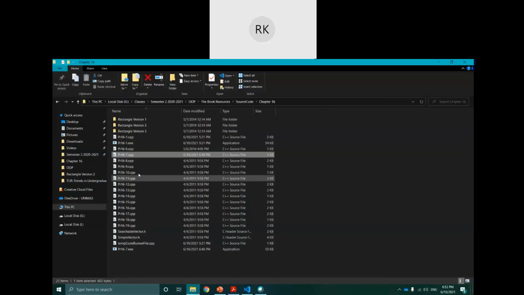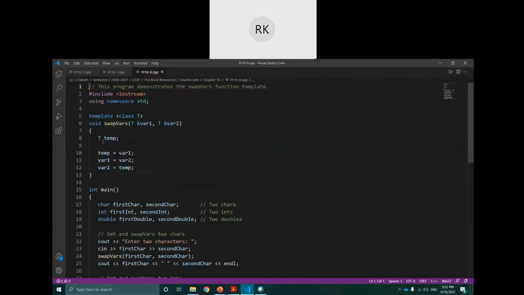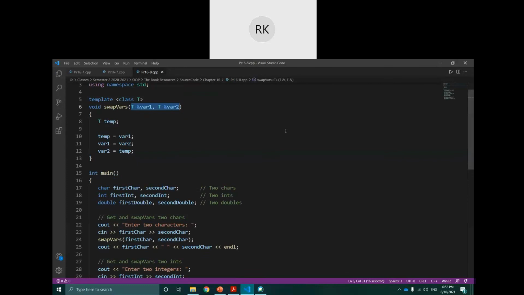Otherwise, if you want to see, we can see the coding here. You see template class T, one argument with T, another argument with T, and to swap means that you have two values and you want the two variables to swap their values with each other. For that purpose we need a third variable. It is exactly like this. If you want to understand the concept of swapping, suppose you have two cups, one cup has tea and another cup has juice.